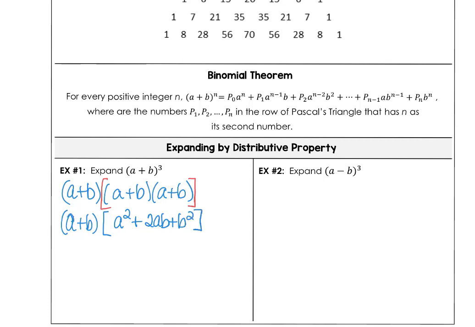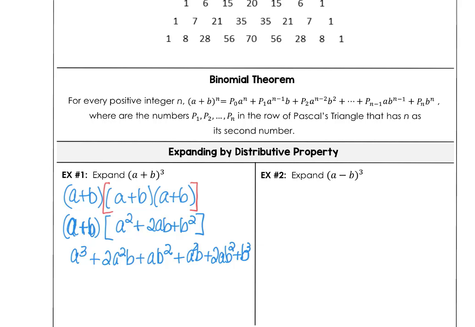And then if we multiply this a times all of the terms, we're going to have a cubed plus 2a squared b plus a b squared. And then we're going to go back and multiply the positive b times all of the terms and get a squared b and 2a b squared, and then b cubed. So collecting like terms, we're going to see that we're going to get one of the rows in Pascal's triangle, noticing this power of 3 here,